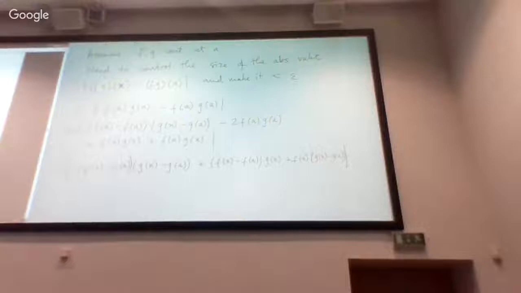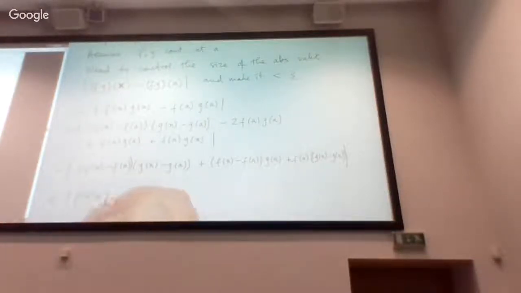Now it's looking like, remember, it's not just the brackets I can control, the absolute value of each of those differences. At the moment, it's just one giant absolute value, so I need to split it up into the combination of all of them. But that requires the application of the triangle inequality. When you have a sum of, see, I've got a sum of three quantities here. This thing plus this thing plus this thing. So I've got three numbers added together, and I'm taking their absolute value. Now, the individual numbers might be positive or negative. So the absolute value of the sum isn't necessarily the sum of the absolute values. But it is no bigger than the sum of the absolute values. So we can apply the triangle inequality